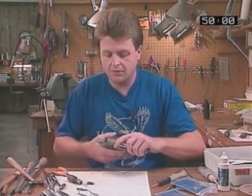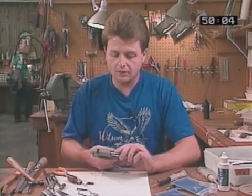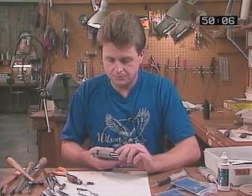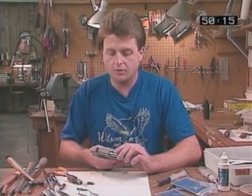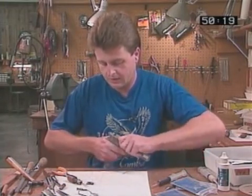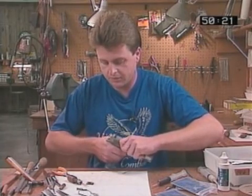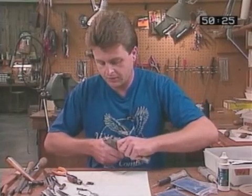You always want to make sure you have enough trigger return tension that, while you're shooting the gun, if it gets dirty or gets a lot of build up in it, it'll still have enough strength to return the trigger properly. Right. Yeah, you've got to have enough trigger return tension for that. Now it's noticeably lighter now. It's still got a little bit of